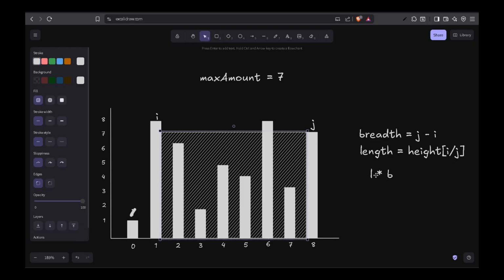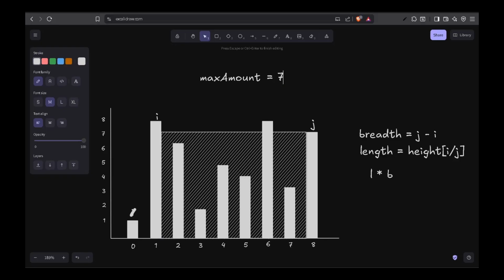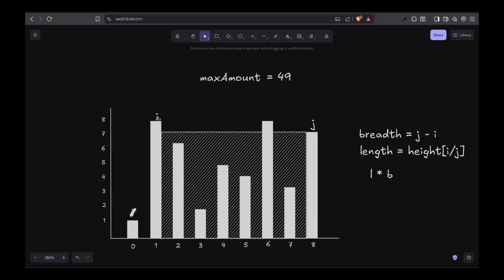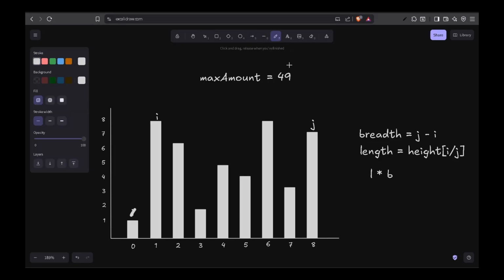This much, which is the height we are using of the jth index, which is 7 times 8 minus 1, 7, which is 49. So here it will be updated with 49. Now in this current state, i has a larger height than j. That means we'll move j towards left and j will move on to this bar,